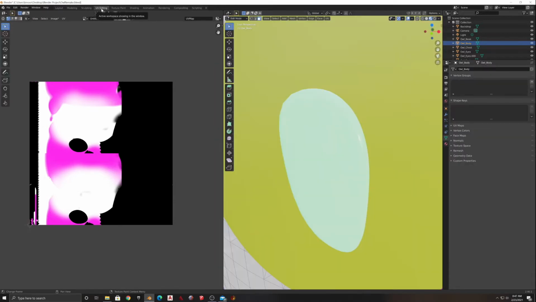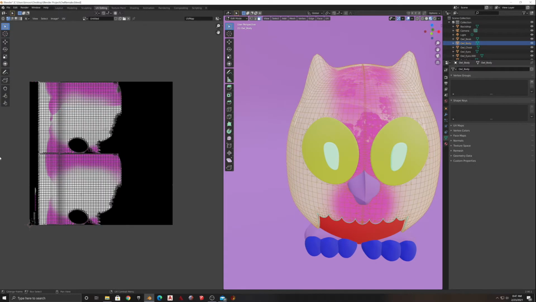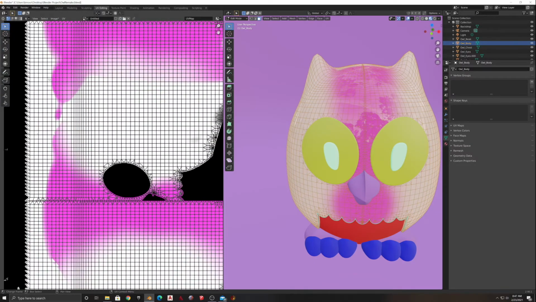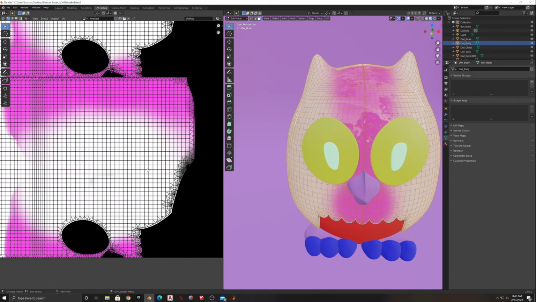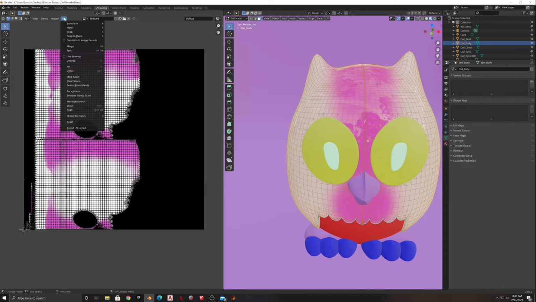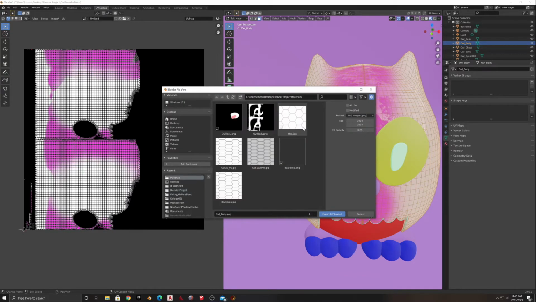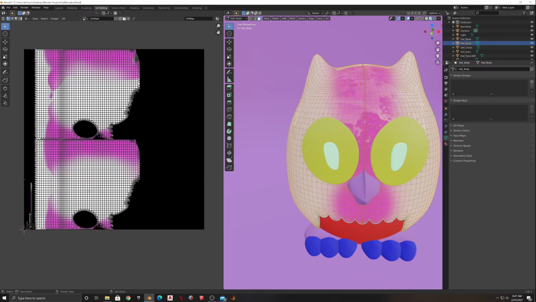And then we switch to UV editor mode, and then hit A over here, and now you can really see the UV. So this is in edit mode here, and then I hit A, it selects all the UVs. And then you can see in here the pattern of the UV map. And what's really cool about this is if I go to UV up here and go to export UV, and I export it as a PNG, owl body PNG, put it in my materials, export UV layout,